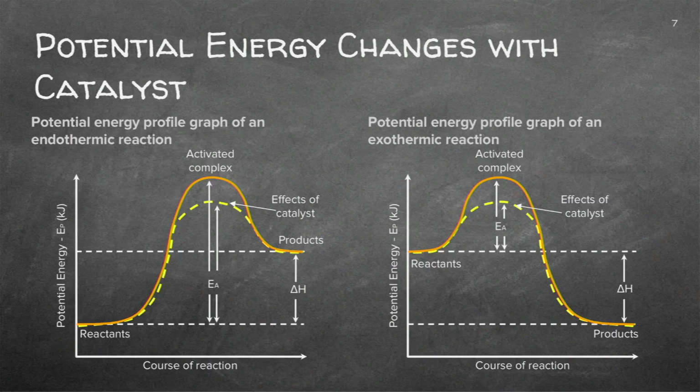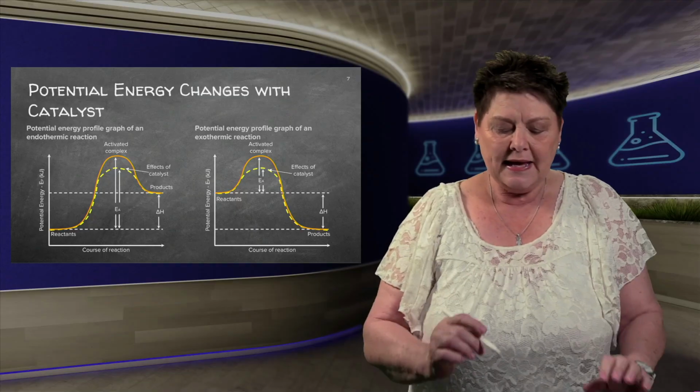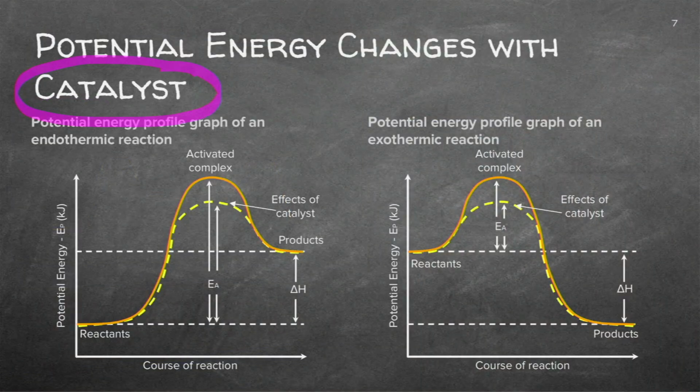Right, what happens when you use a catalyst? A catalyst doesn't change the reactants, nor does it change the product, but it actually lowers the activation energy. Remember, the activation energy is there. So when I use a catalyst, can you see there? I'm lowering that, and it actually speeds up the reaction. So it's an alternative route. You can see there's the catalyst.